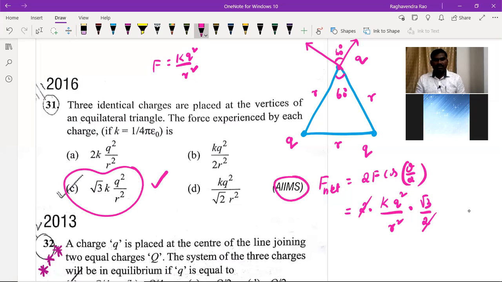This is an AIIMS 2016 question. As from 2020 onwards, AIIMS and JIPMER are also under NEET, so the seats belonging to AIIMS and JIPMER are also filled through the NEET score only. So then we can go with this model of numericals also. Okay. So if you understood the situation, solving the numerical is very easy.